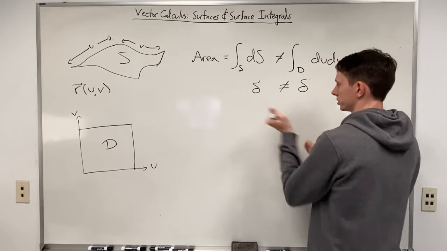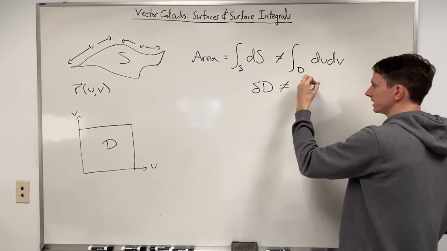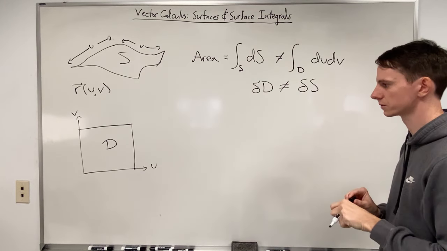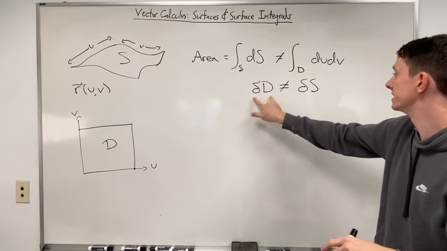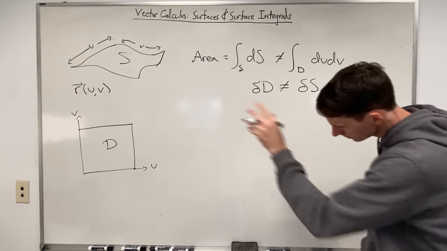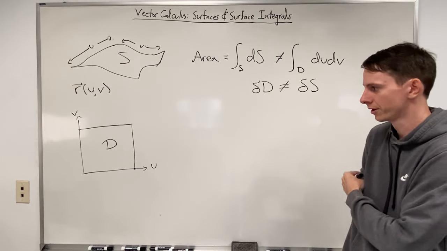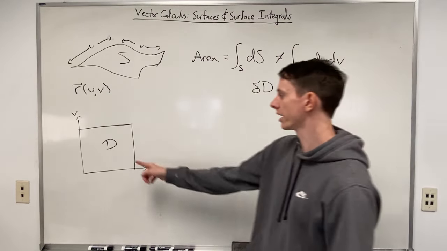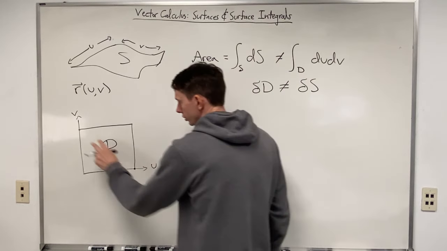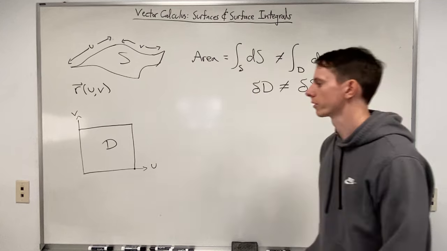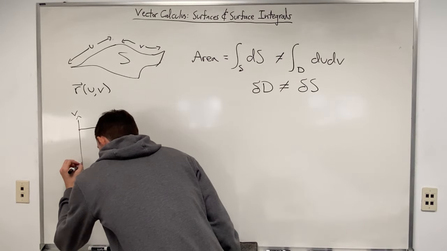Let me actually just start by writing this out. Same thing, but let's write that a little change in an incremental area in D is not the same as an incremental area in S. And let's start by saying, okay, how do we compute an incremental area in D and in S? We'll start with D, because that's the more familiar picture that we've been working with up until this point. We've been integrating over a lot of domains D. So when written in the UV plane, if D takes on this form right here, then an incremental area might look